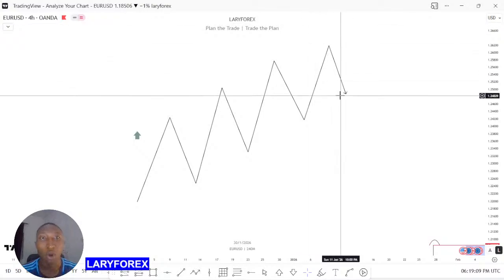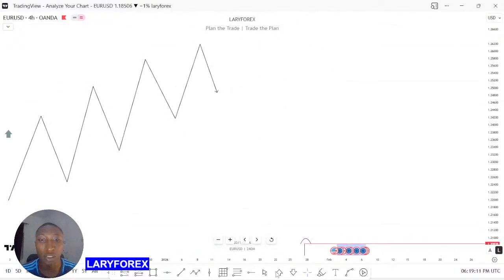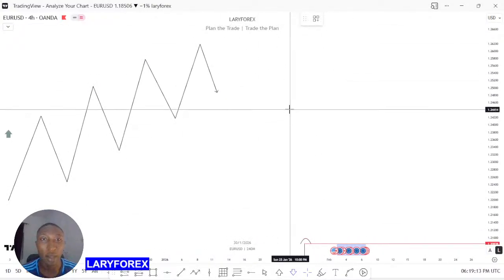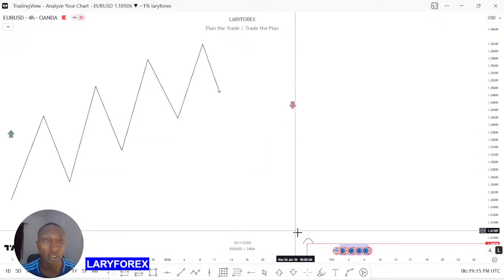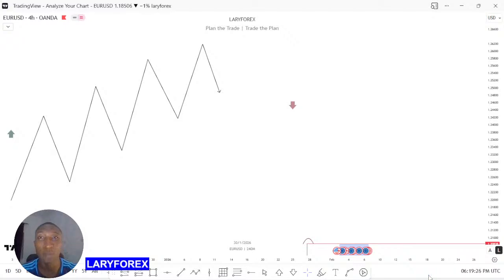Now on the bearish market scenario, which is a downtrend, we have what we call lower lows and lower highs. The lower lows are when price is dipping. A lower low is when price is lower than the previous low, and a lower high is when price is